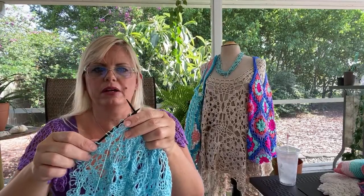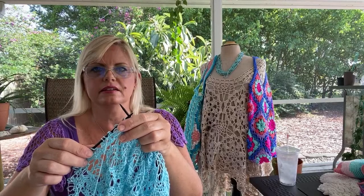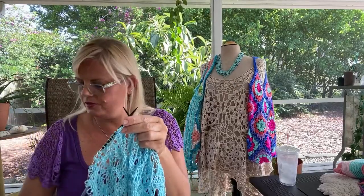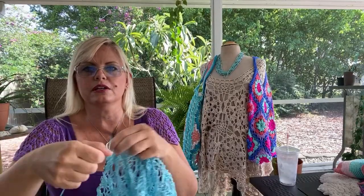So the tip to remember here is to make sure that both your needles are about the same length. Because sometimes when I knit, my working needle goes like this. That does not work for this very well, because you want to make sure that you're grabbing both those loops easily. And so once you start moving along and going quicker, you're more successful and more consistent when you've given yourself ample tip space up there for grabbing those extra loops. But I want to get through the row so you can see how amazing this row looks at the end, and then show you the little trick you need for